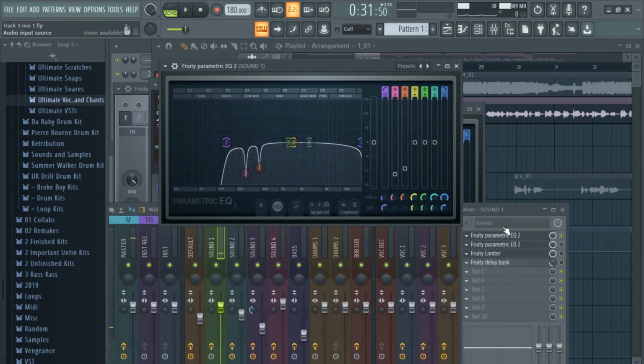Now, one trick that a lot of people don't really know about is if the vocals aren't shining through the track, a lot of times it's because the microphone, for some reason or another, is not picking up the high frequencies of the person's vocals. So this part, like this section here,